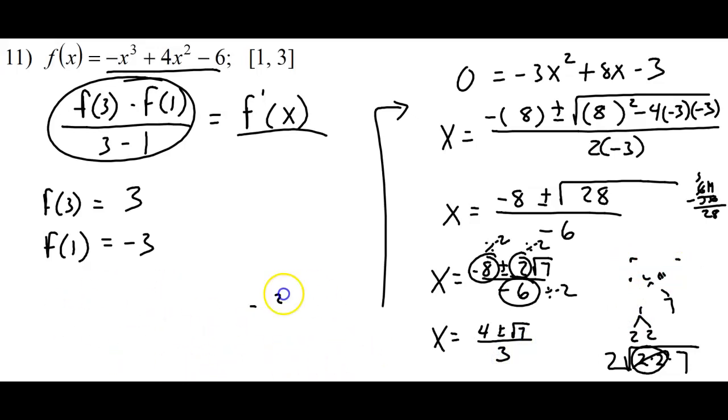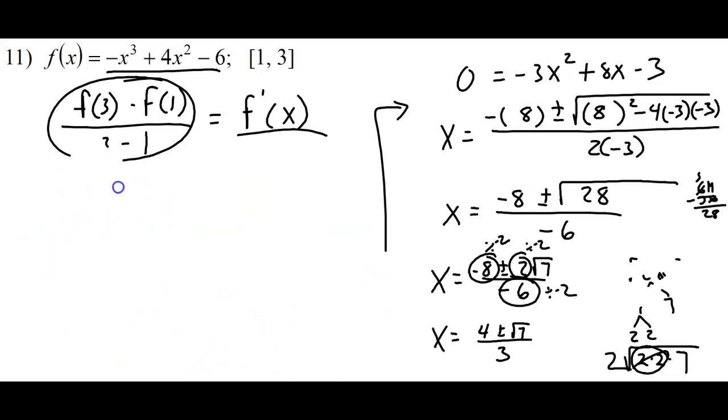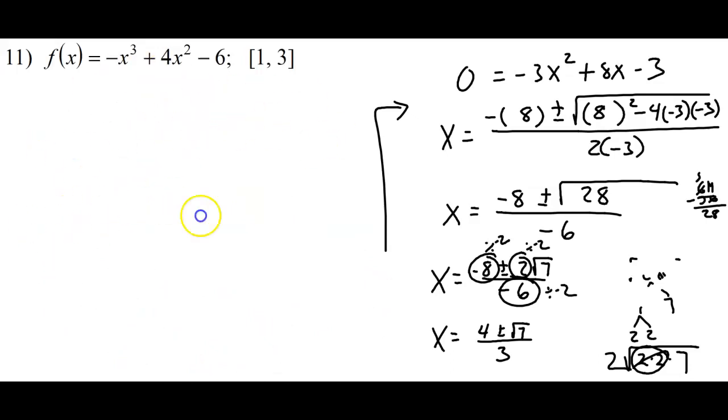Now, we want to make sure that these answers are both on the interval that we're given here. So I need to figure out what is 4 plus the square root of 7 over 3, and I also need to figure out what is 4 minus the square root of 7 over 3. If you want to get out a calculator and calculate this out, you can figure out what those are. So 4 minus the square root of 7, divided by 3 is